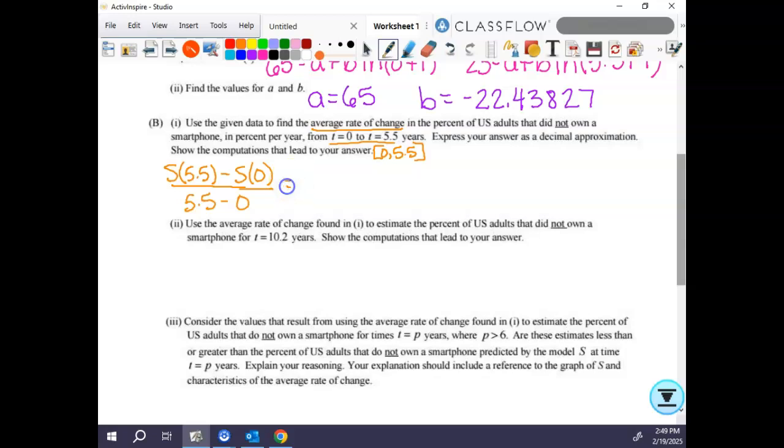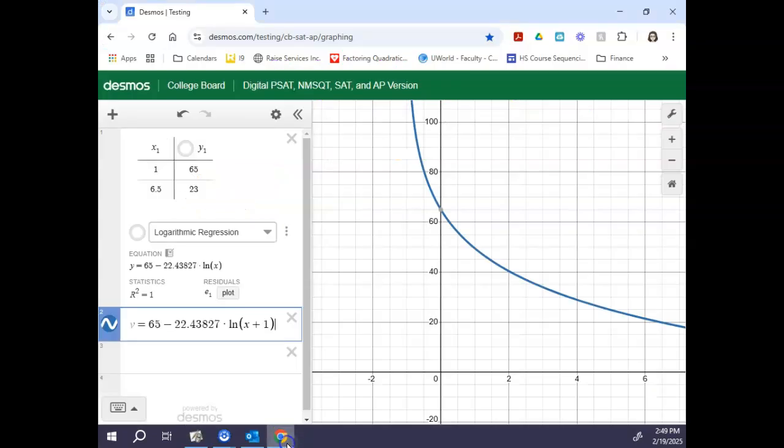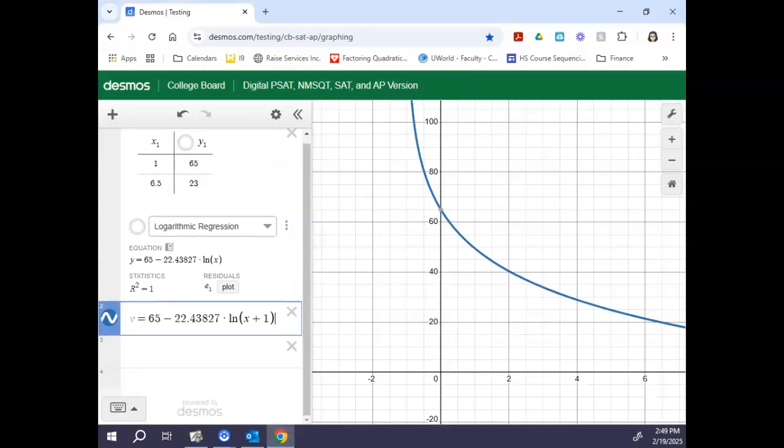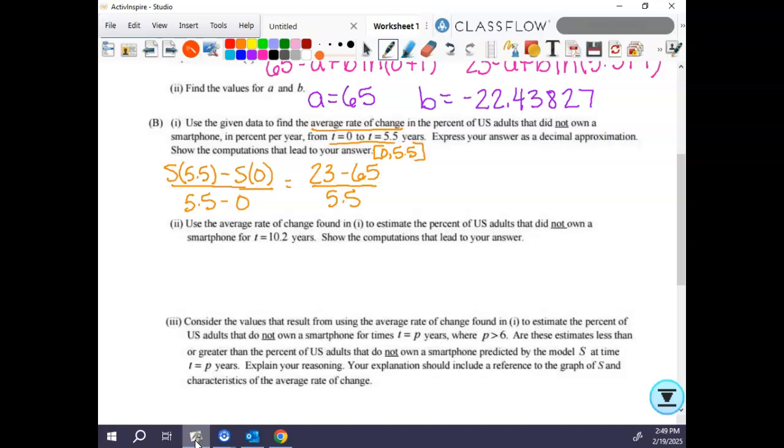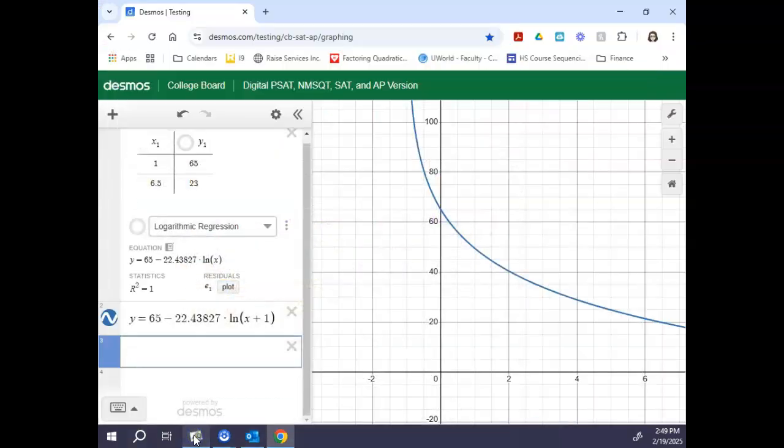So then I substitute in what I know. S of 5.5 is 23 minus 65 over 5.5. Okay, and I'm going to let the calculator do all of the rest. Not only that, but I'm going to show you something else on the calculator here. Now we know we can let the calculator do everything. But remember, like these numbers for A and B, I can't store them anywhere. We don't have that ability yet in Desmos. I don't know if we ever will. But there's sort of a way to store numbers really just by labeling them. So yes, I'm going to find this. Now remember, this is slope. Slope is m. So here, before I type in my actual numbers, I'm going to say m equals,